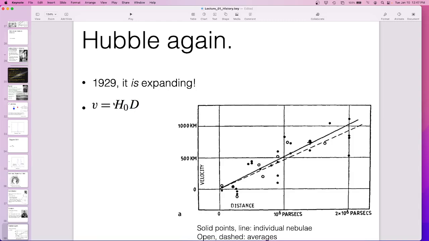But before that, let's think we are now 6 or 7 years ago, before we really had a problem with what H naught was. There's this number that relates velocity to distance. So if something is 2 kiloparsecs away from me, it is moving at H naught times 2 kiloparsecs. No. 2 kiloparsecs is still in the galaxy, not expanding. 2 megaparsecs. If something is 2 million light years away from me, then its velocity is 70 kilometers per second per megaparsec times, whatever I said, 2 million. That gives me the velocity.